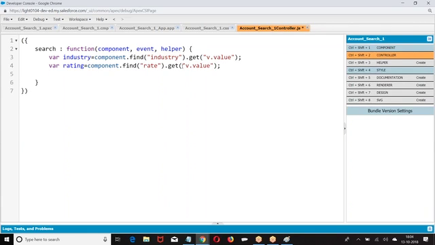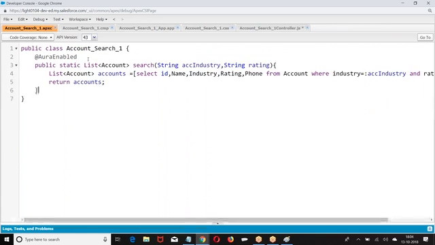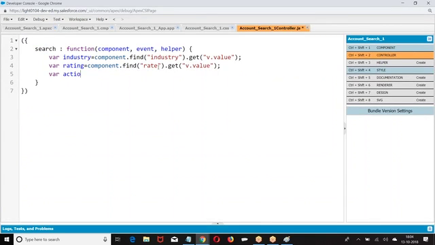This is how we have taken rating and industry. Now you are supposed to create where, what is the name of the method we had? It is also search. Now where action equal to